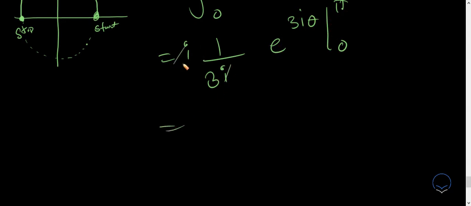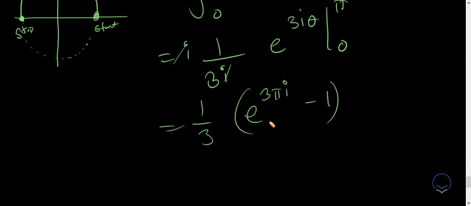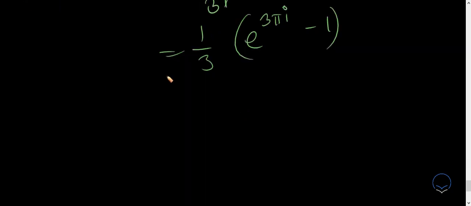So this i will cancel out. This is just 1 by 3, and there you'll have e to the power 3 pi i minus 1. And now if you recall that e to the power i theta equals cosine theta plus i sine theta, you can evaluate this value of e to the power 3 pi i,